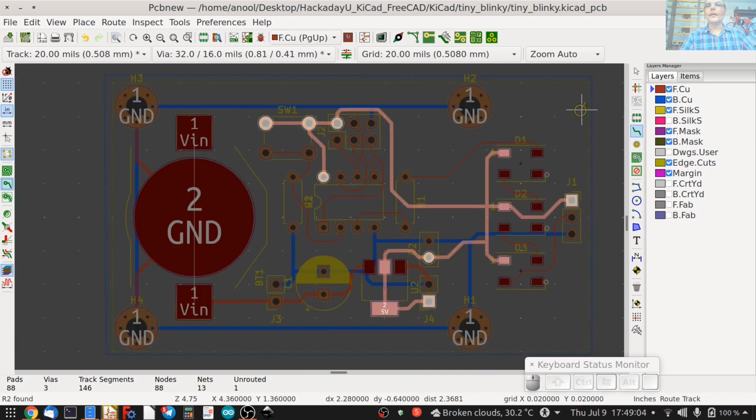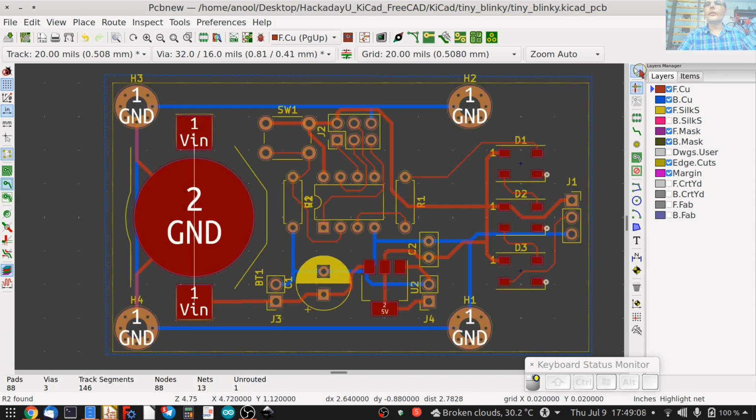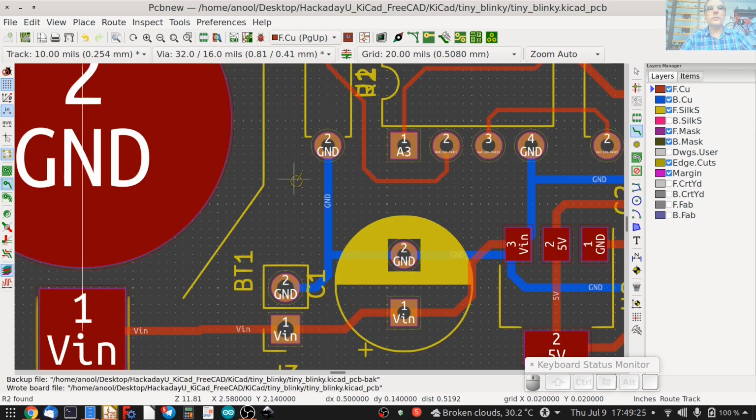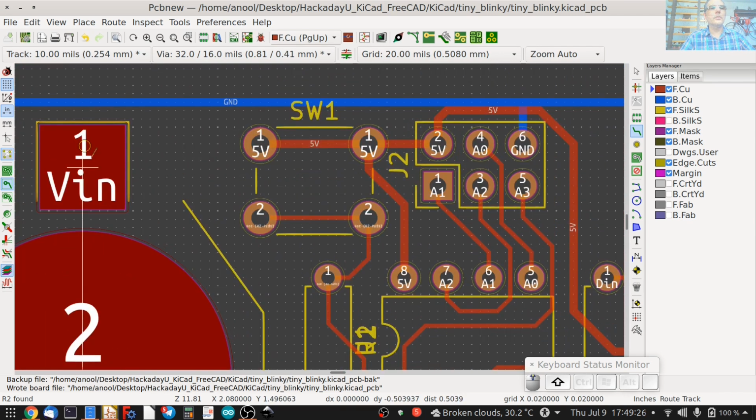Let me get out of highlight mode. There, let me save this. And there's only one last net unconnected. We can actually connect it just to make sure that we have everything done. So let me start from this pad over here.